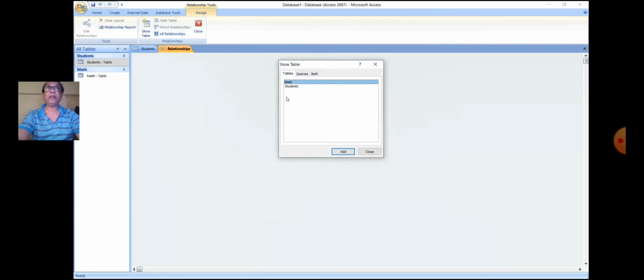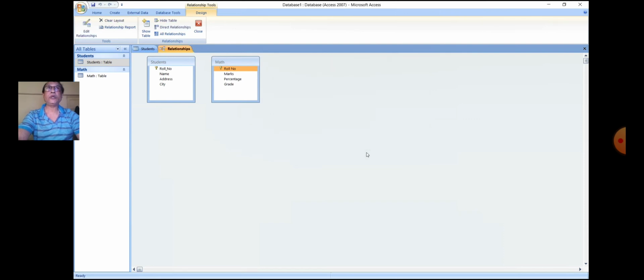When the show table appears, select the required table and click on the add button to add it in the relationship window. Likewise, add more tables to the relationship window. Click the close button to close the show table dialog box.